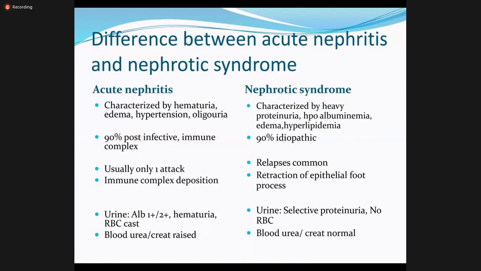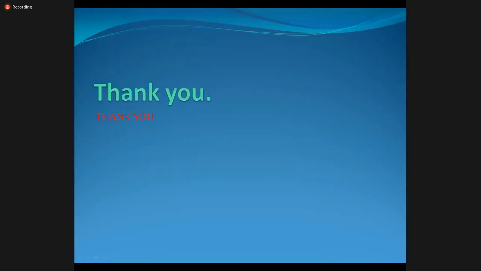But usually they do not have RBCs, though in less than 10% of the cases they may have RBCs. But they usually do not have glomerular or RBC casts. In most cases of acute nephritis, they have raised urea and creatinine as compared to nephrotic syndrome. Most of the time, they do not have hypertension. In some of the atypical cases, in less than 10% or 5% of the cases, they may develop hypertension, but it is rare as compared to acute glomerulonephritis. So this is basically the difference between acute nephritis and nephrotic syndrome.